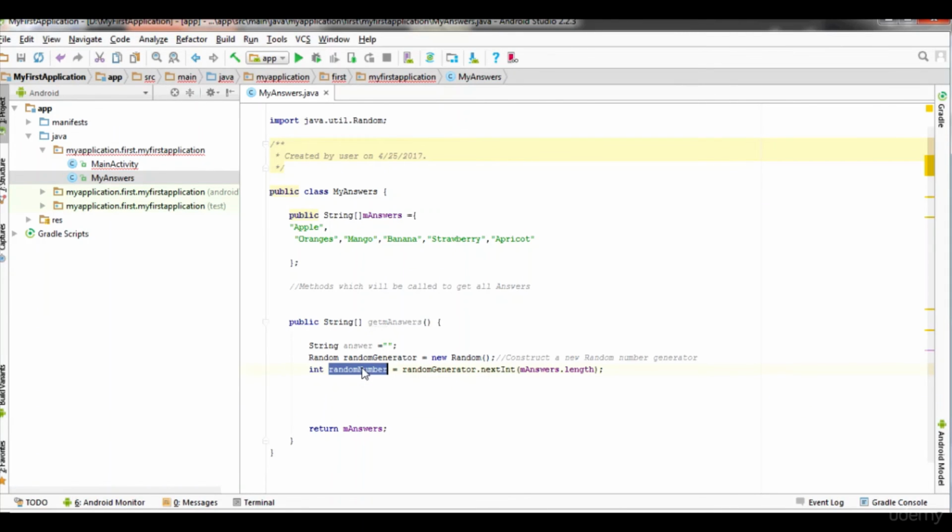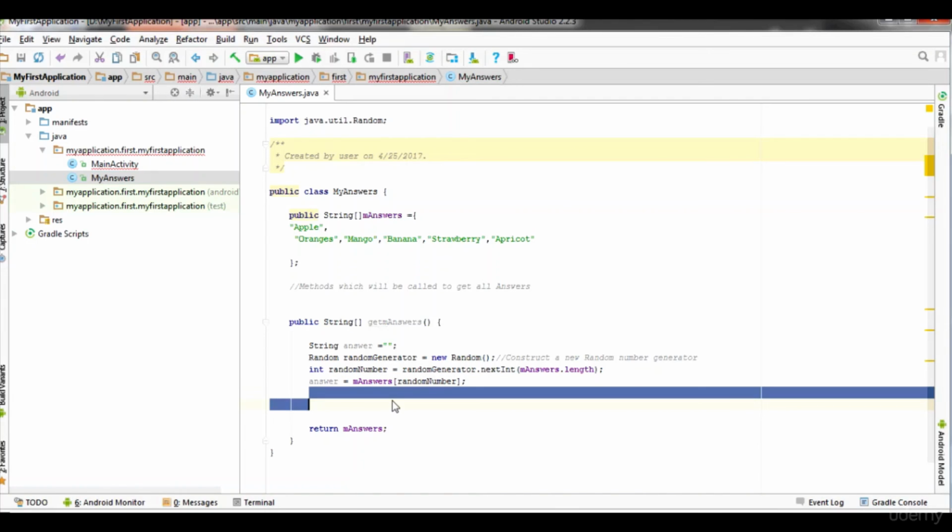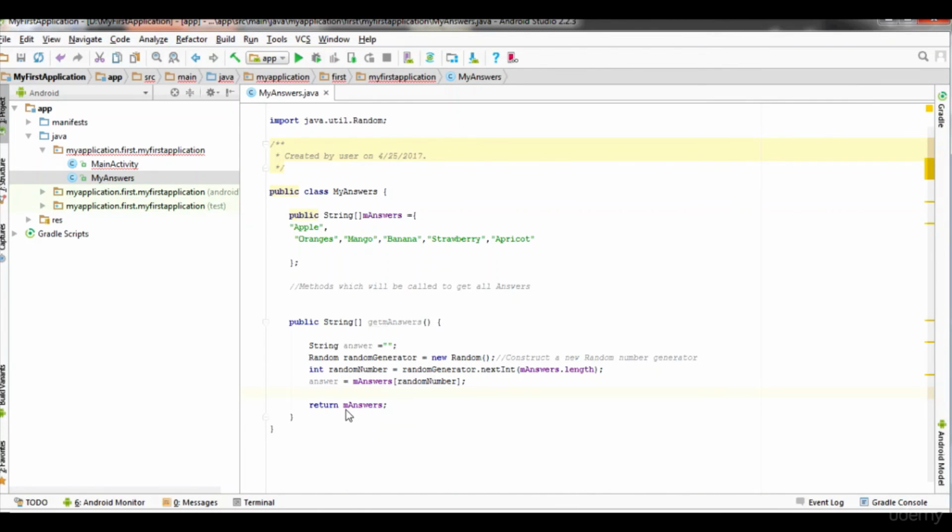So let me store this value of random number in the answer variable: answer equals answers, and here it will come as randomNumber. Then I'll just return the answer.